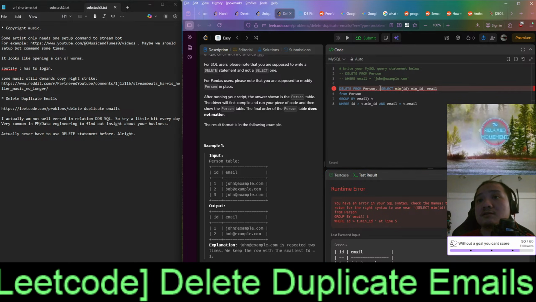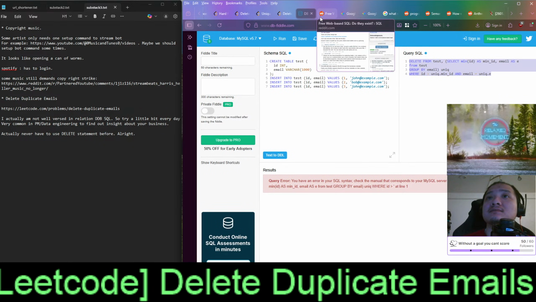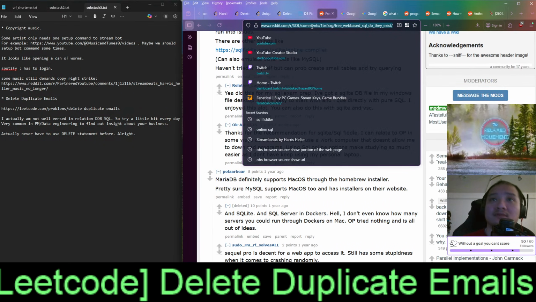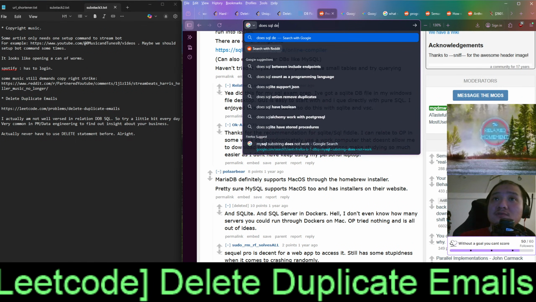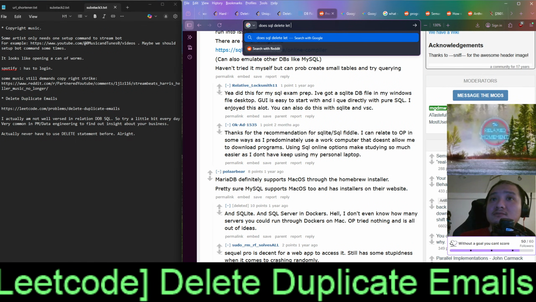Oh, I see. Wait, hold on. Delete from person where the ID, right? Greater than this. Does SQL delete let you condition from multiple tables?